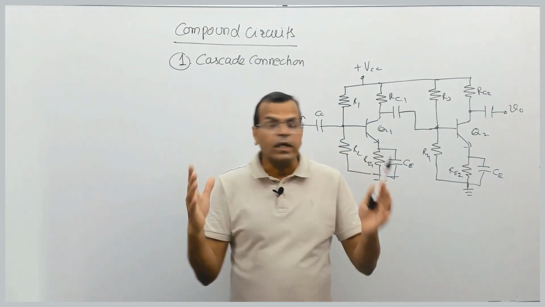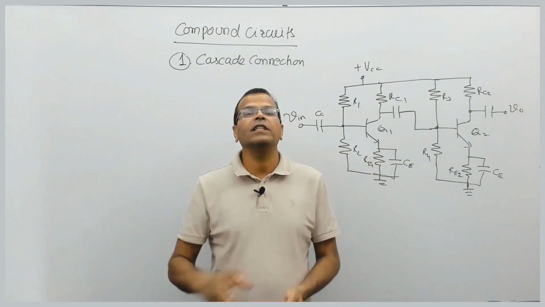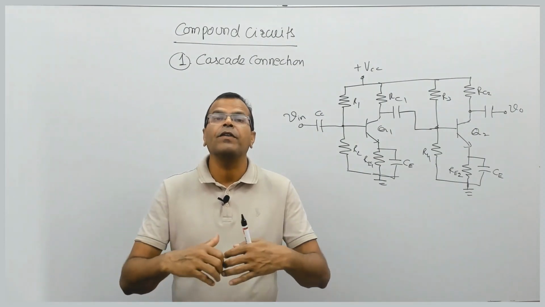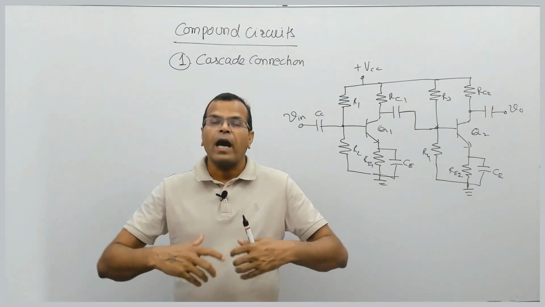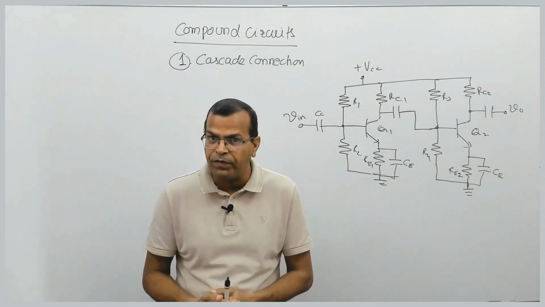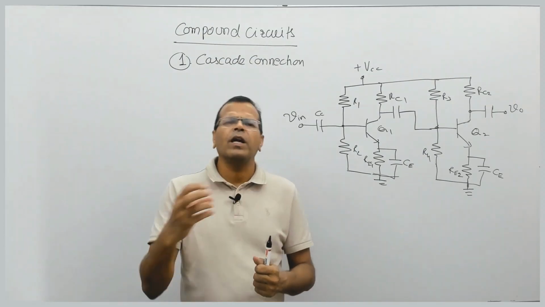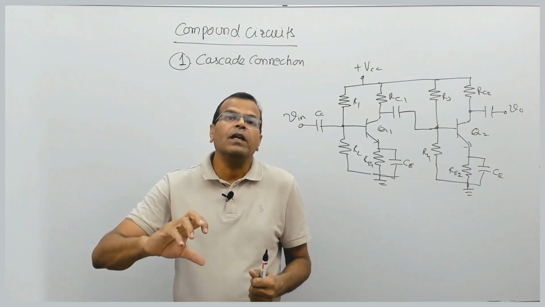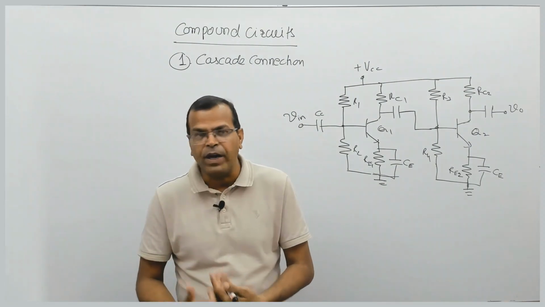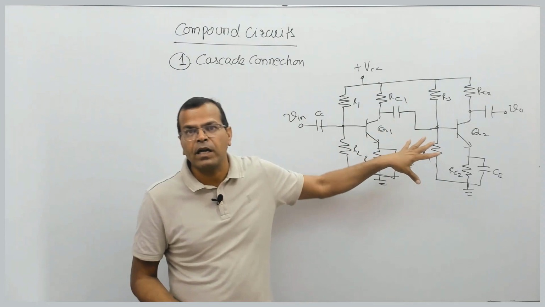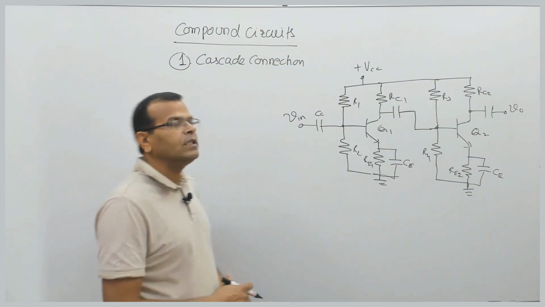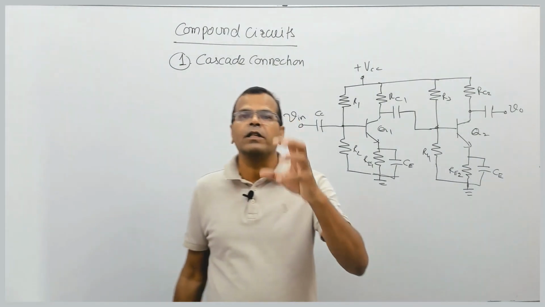So here, what is the analysis? In case of multi-stage amplifiers, we simply talked about the different types of multi-stage amplifiers, their frequency response, their advantages and disadvantages. We did not go for mathematical analysis in case of multi-stage amplifiers. Most of the time the stress was on the theoretical part, or the frequency response. Here it is basically the mathematical analysis we will be talking about. What do we mean by mathematical analysis? That is small signal analysis.